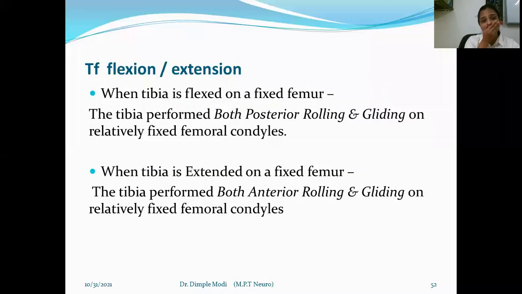So in genu recurvatum, what do you have to keep in mind? By observation, you can see the genu recurvatum, but when you have to measure the degree of angle accurately, always tell the X-ray person to take the X-ray of the knee joint not in lying position, but in standing position, lateral view. So we'll get a good view and be able to measure how much hyperextension there is.